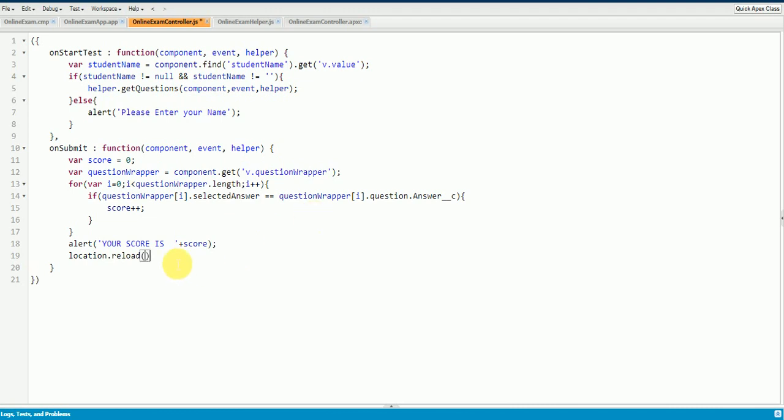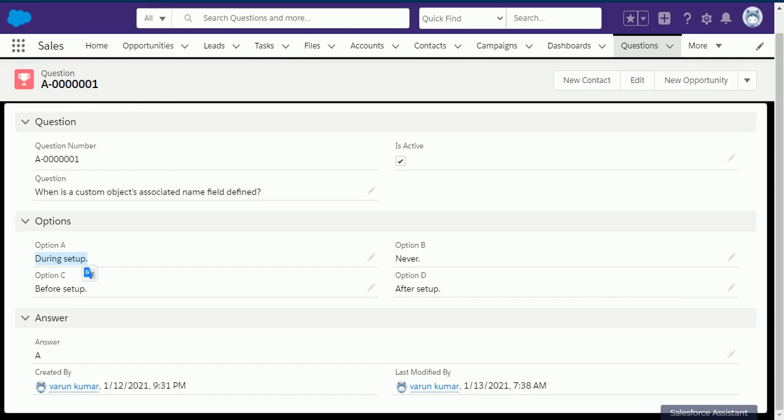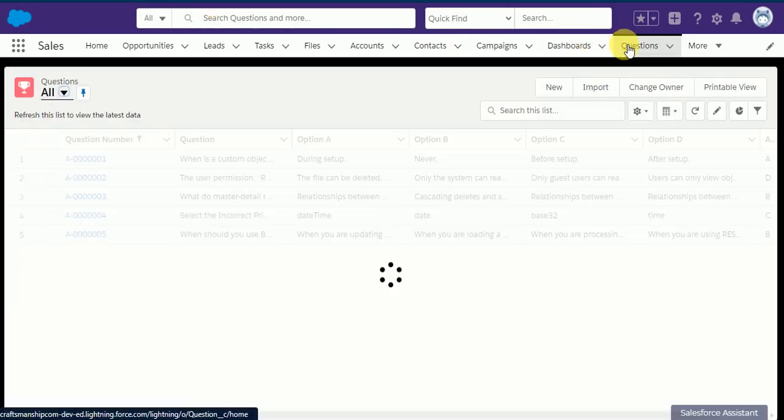Now I'm going to add another question in my Salesforce instance. So I go back to my Salesforce instance, click on the questions tab and click on new.